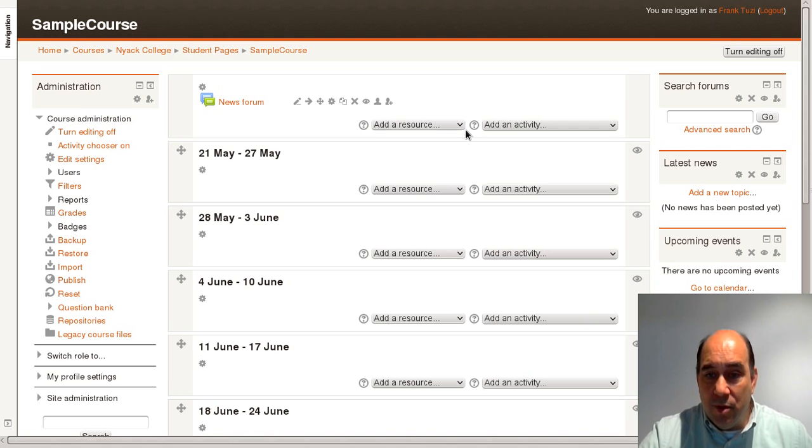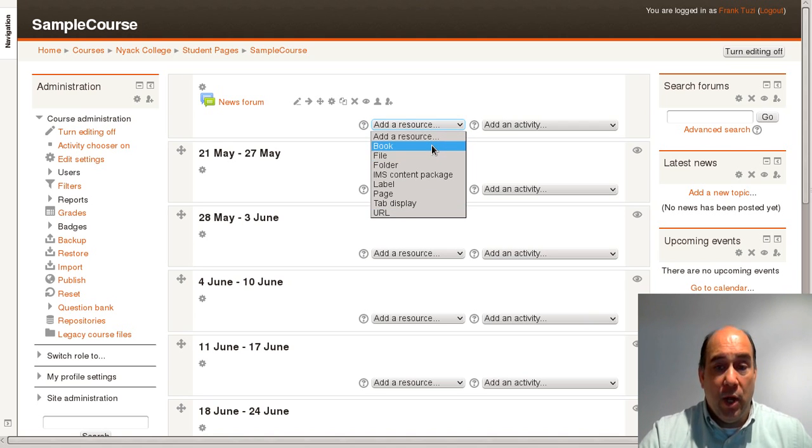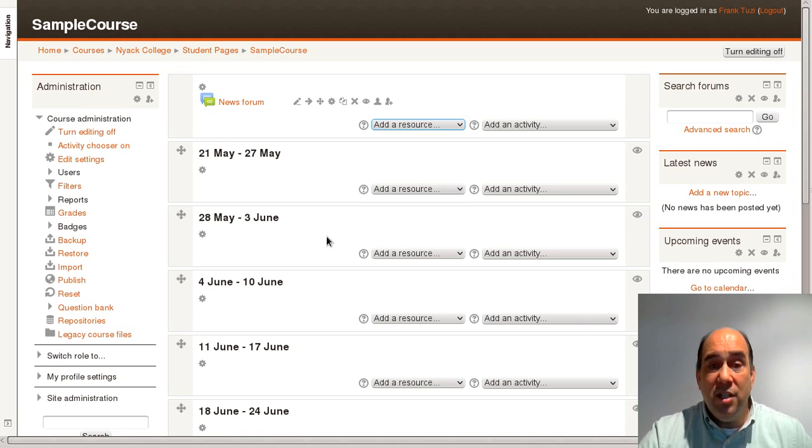Okay? So I can add resources. Click on resources, and these are all the resources that I can add. I can add a book. I can add a file. I can add a folder. I can add a label, I can add a page, I can add a tab display, I can add a link to something else. So let's just say, for example, I want to add a label,